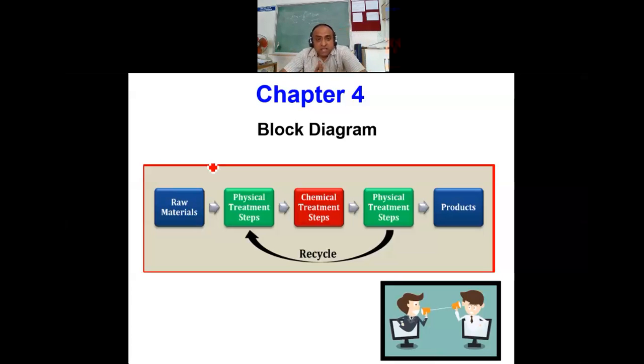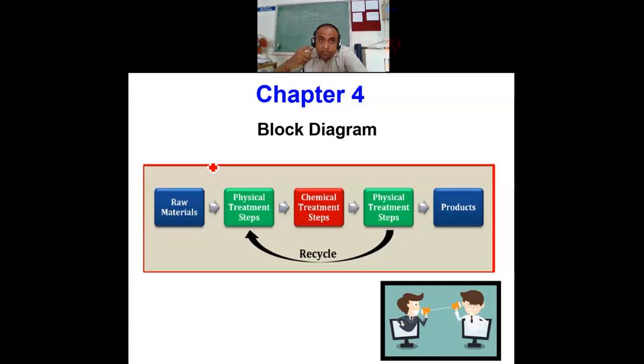Okay, so the main thing is blocks are mainly used in a control system, or anywhere, for the ease of communication. But here in control system, we use the block diagram for communication, for easy representation, and also for some calculation purposes. I repeat, the block diagram in control system we mainly use for pictorial representation, meaning for easy communication, easy understanding, easy analysis.